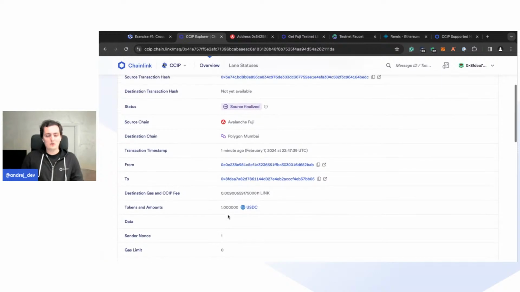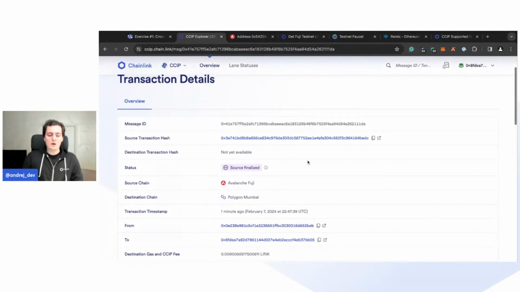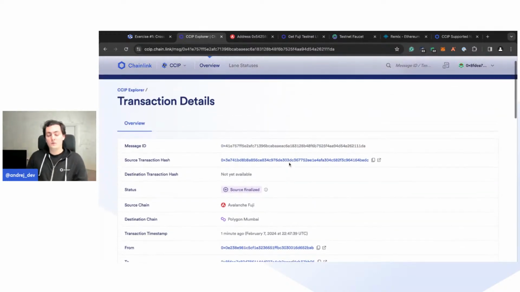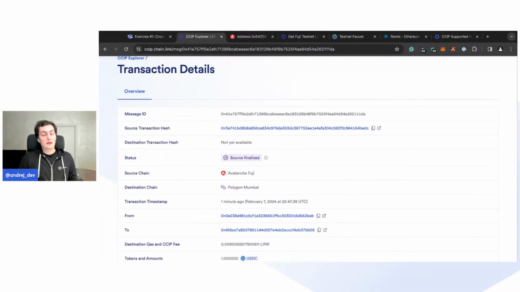Gas limit was set to 0. That's all good. And now we are waiting for this cross-chain message to get delivered. Source finalized means that the finality has been reached on Avalanche Fuji. Now we see the status changed to blessed. Blessed means that after there was a source finalized, commit